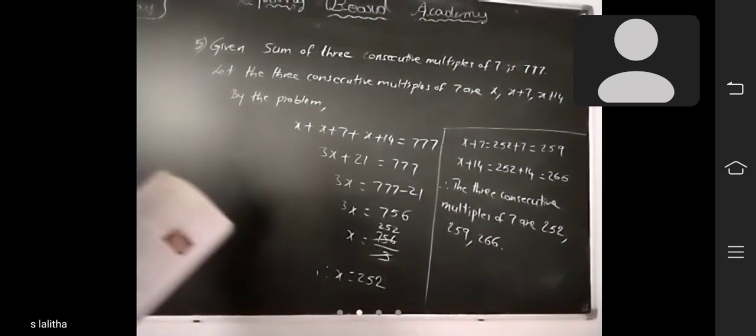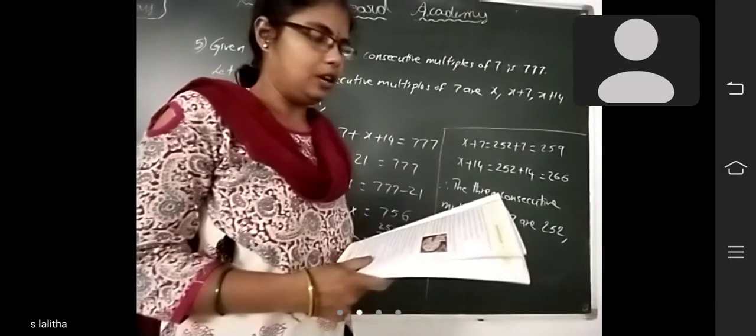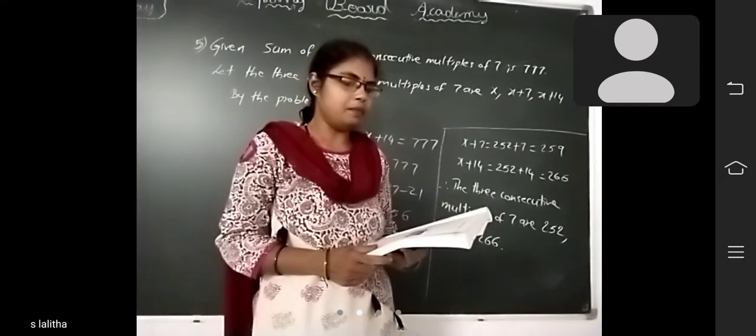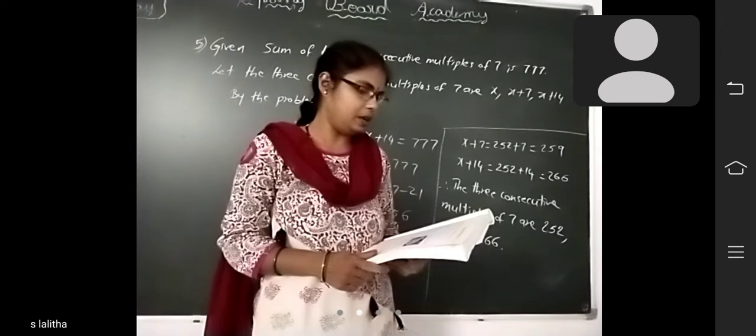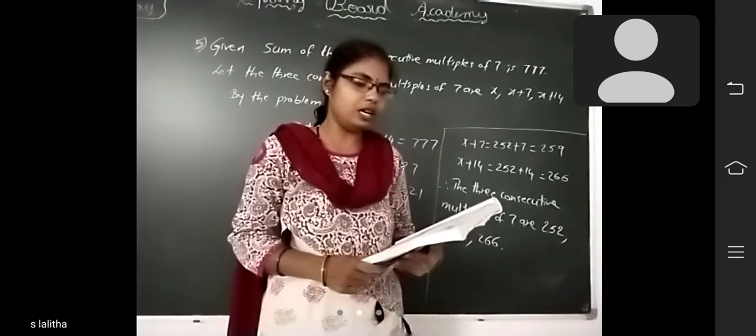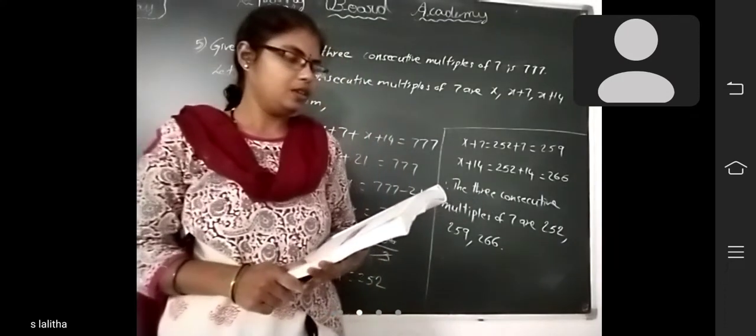See the sixth question, children. A man walks 10 kilometers, then travels a certain distance by train and then by bus as far as twice by the train. If the whole journey is of 70 kilometers, how far did he travel by train? So here,